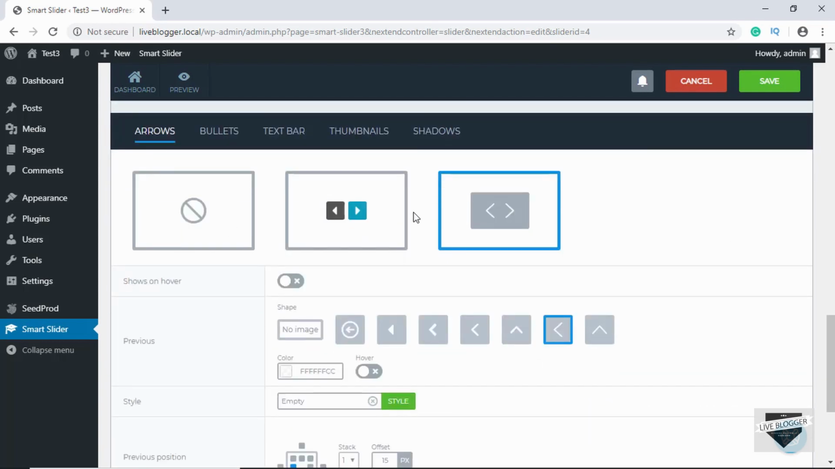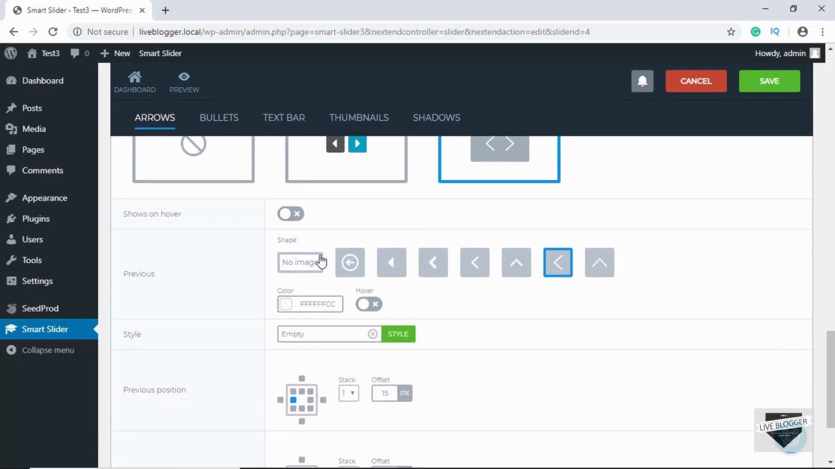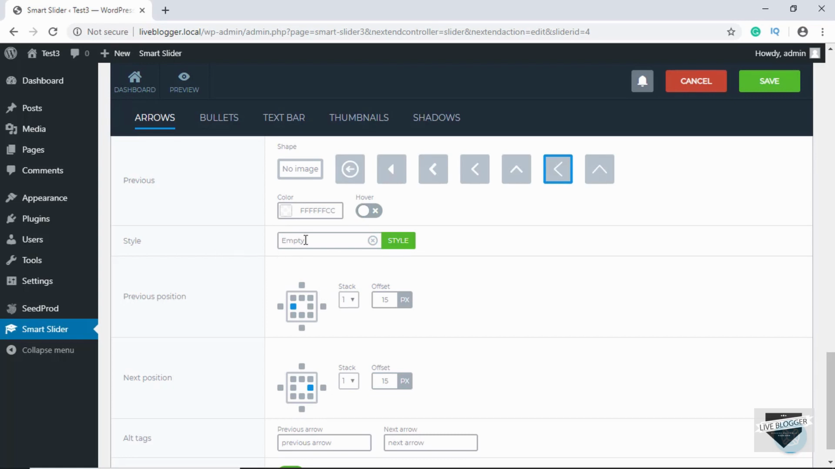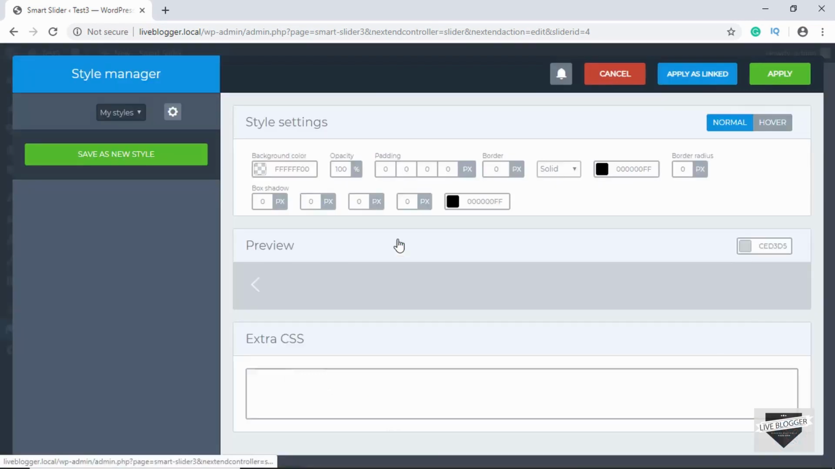So you can select which type of arrow you want. And here we have different shapes which we can select for the arrows. And you can even add your own image over here. And we can change the color as well. And if you want, you can even add your own CSS over here. So if I click on style, we can add the extra CSS, or you can even play with these settings over here. But let's stick with the default. So let's click on cancel,